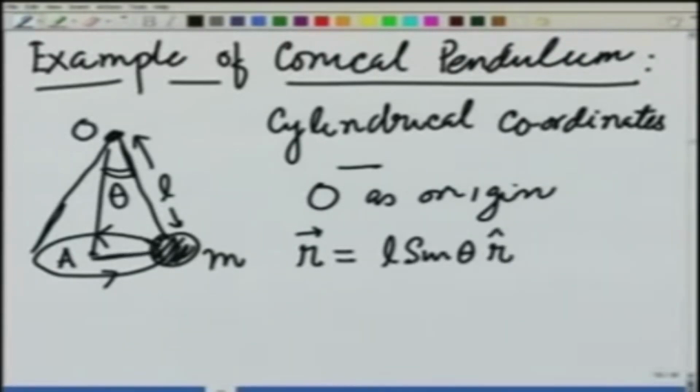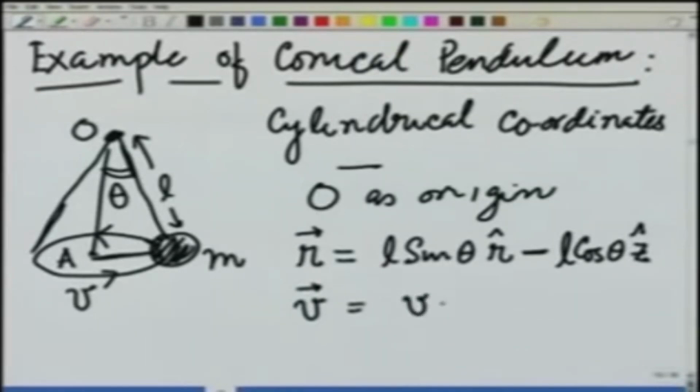Remember, r unit vector is the radial unit vector in cylindrical polar coordinates, minus L cosine of theta z. Let me also say that this bob is moving with velocity v in the circle. V is always in phi direction. So, velocity v is equal to the magnitude v times